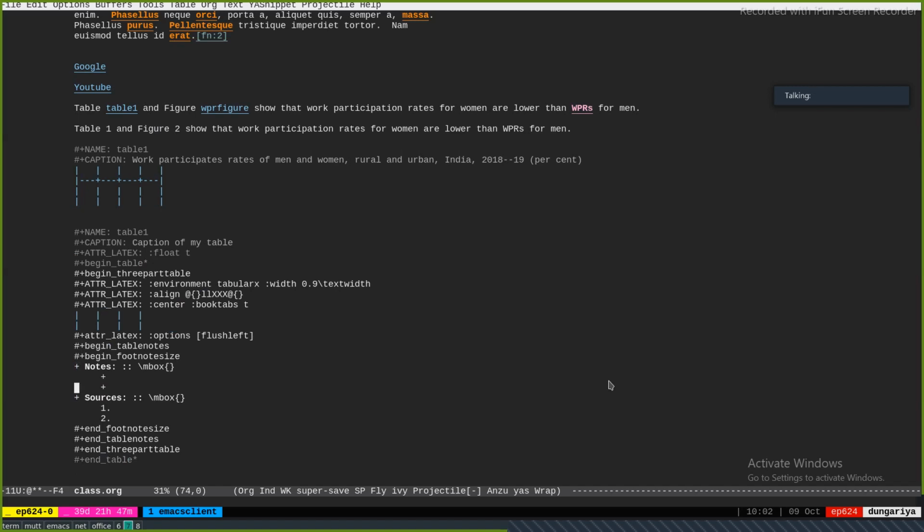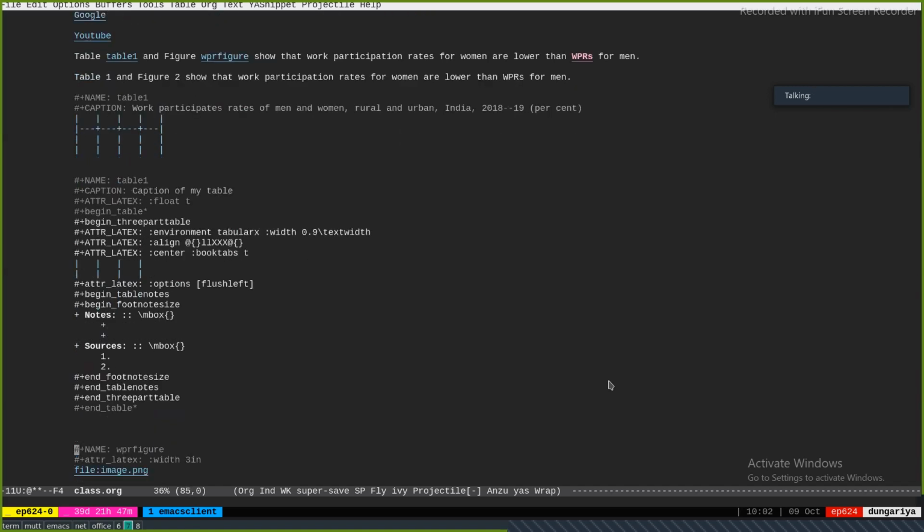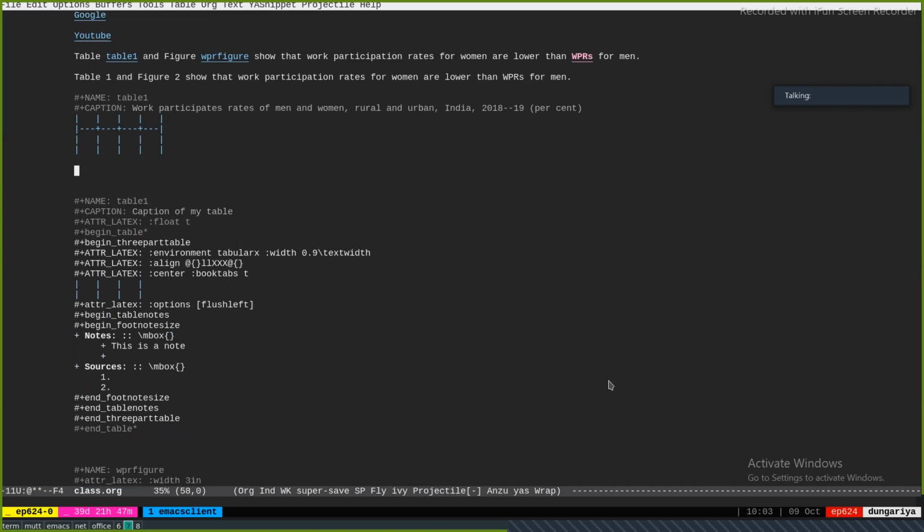Now this is using, now look at this. This is an interesting elaborate thing. Sir, what did you type to get this? I did this. So now this is using a snippet. This is predefined in your Emacs configuration. You do this 3-part. This is a 3-part table. There is a library called threeparttable in LaTeX. This is using threeparttable.